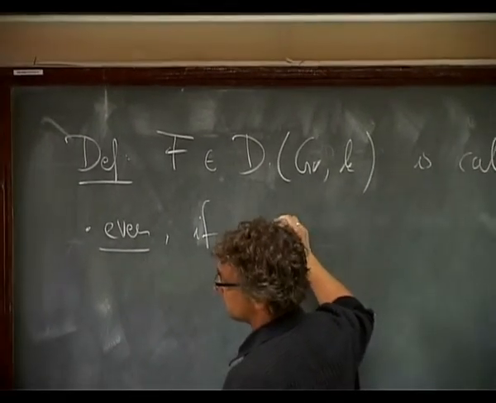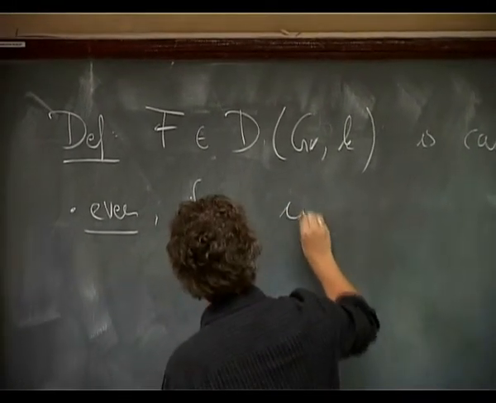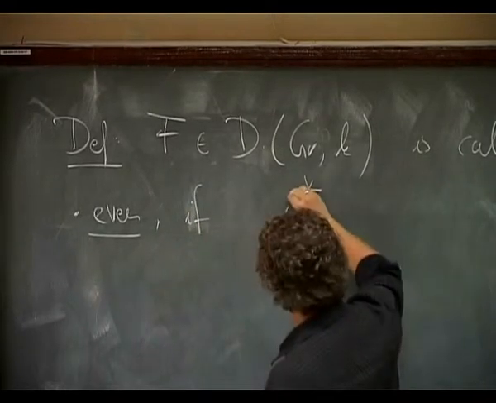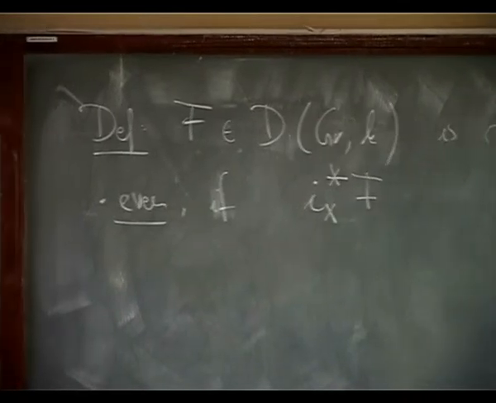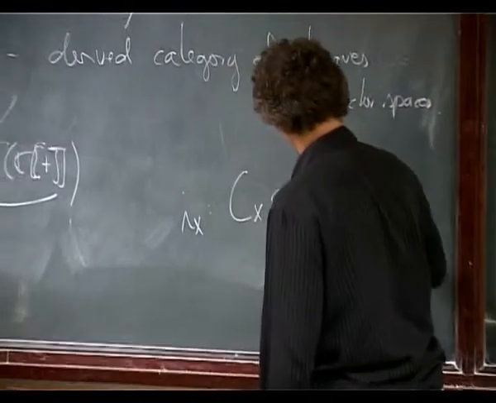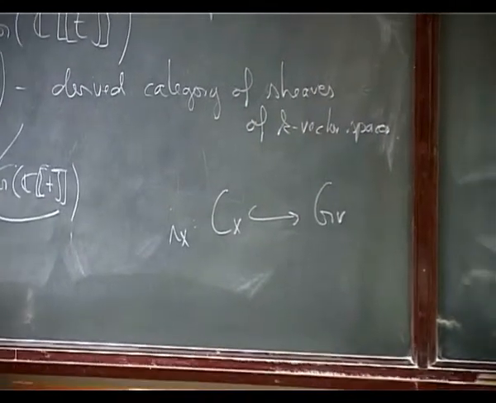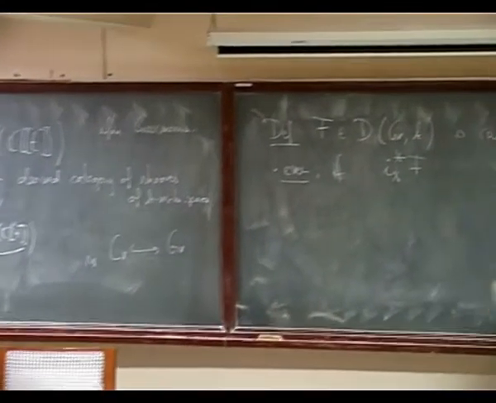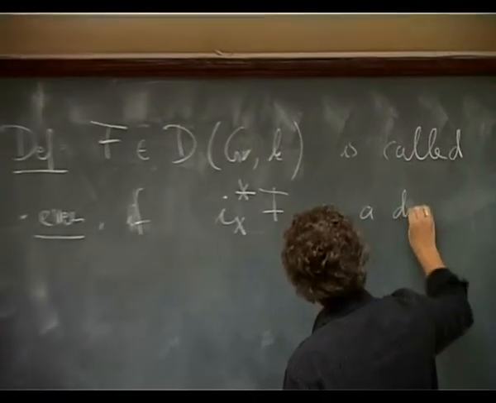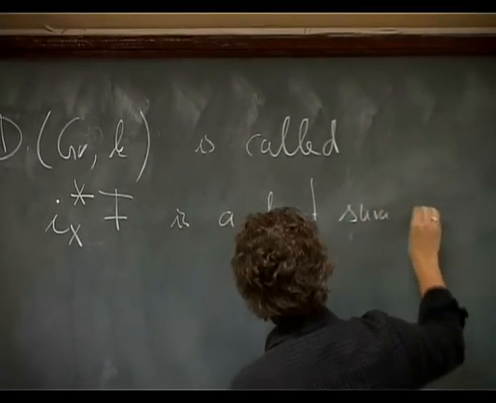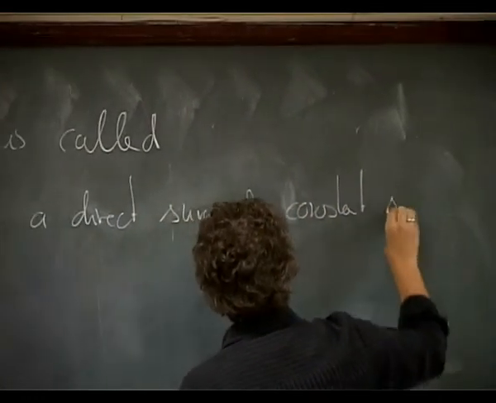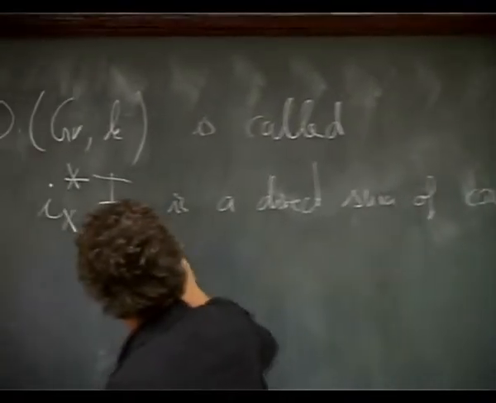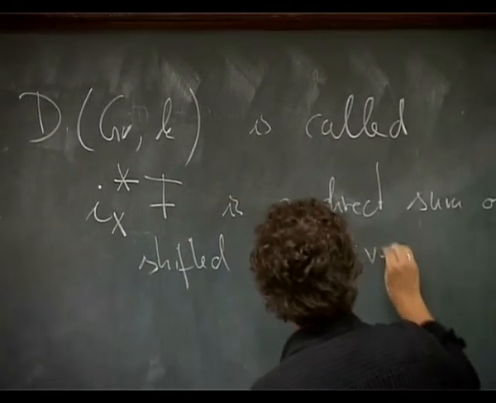If the pullback on this Schubert cell corresponding to X, where Ix is just the inclusion of this stratum, if the pullback of this sheaf is a direct sum of constant sheaves shifted by even